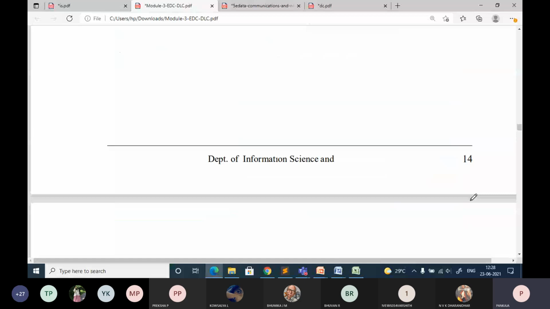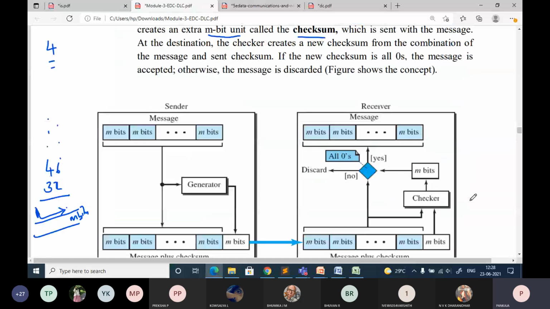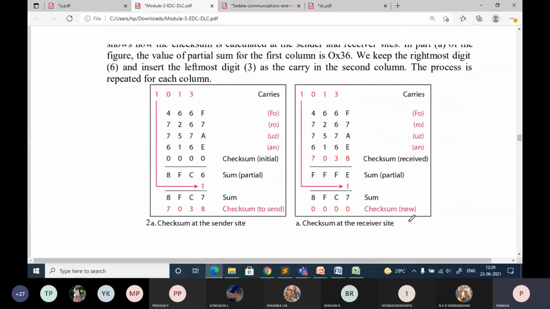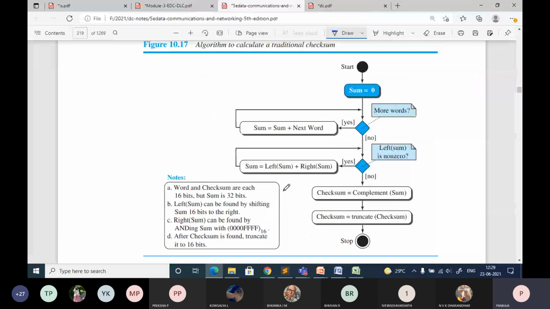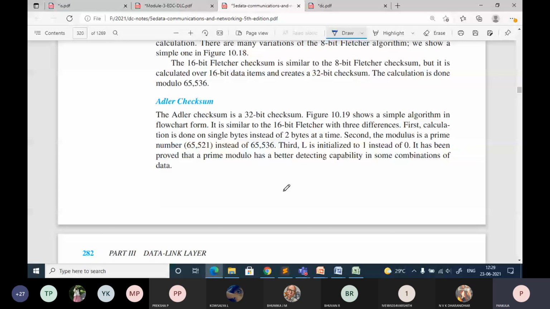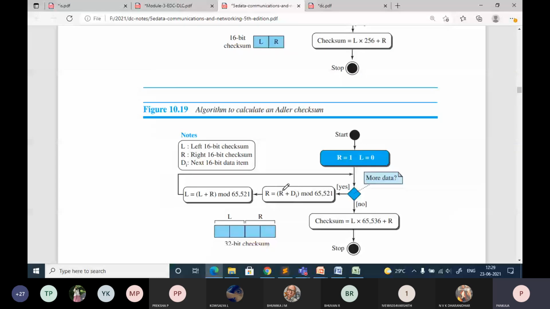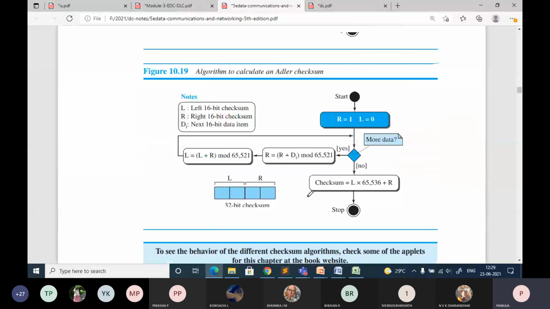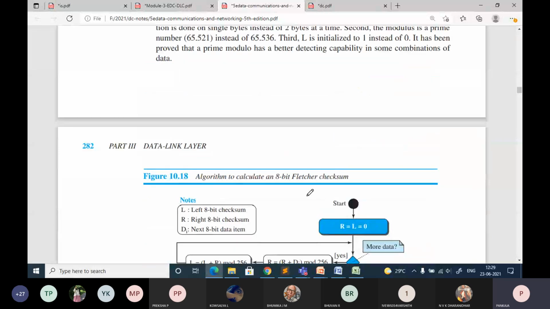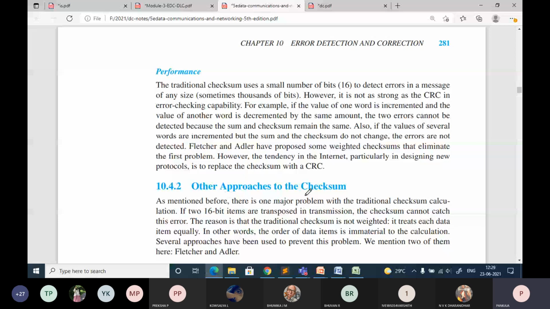In the textbook, this problem was there in the old edition, the 4th edition. In the 5th edition that problem is not given in the textbook, but you can just try by yourself. There is just an algorithm. If you go through this algorithm, you will understand. So you people go through the algorithm. Let me go to the problem. If you understand the problem, you can easily understand the algorithm.